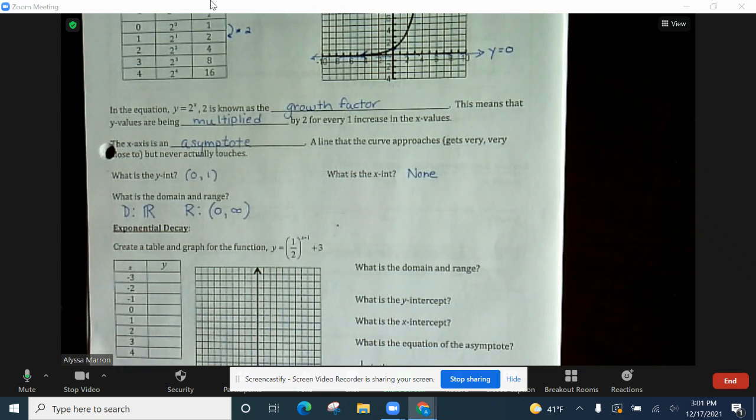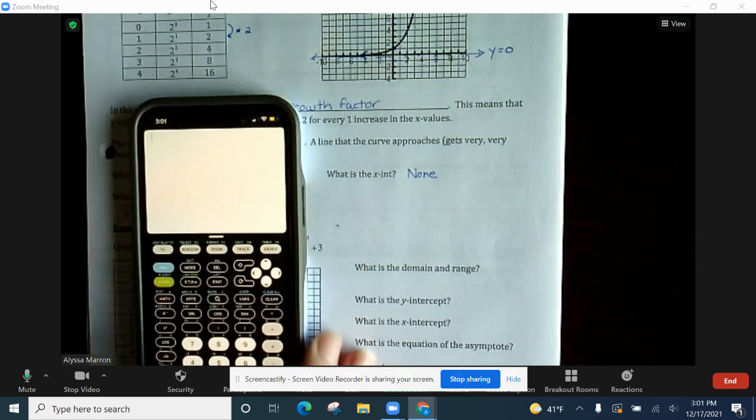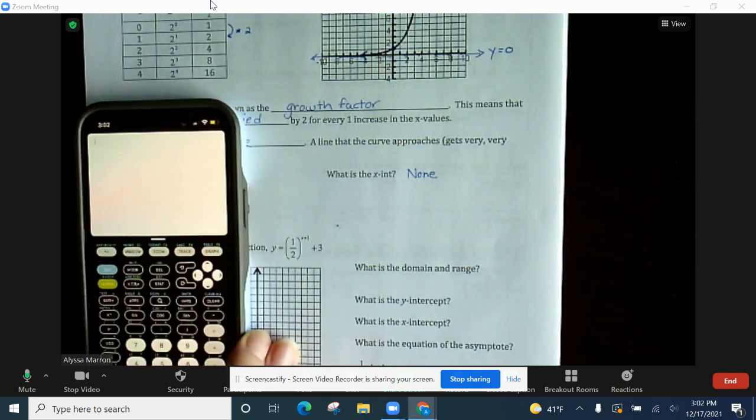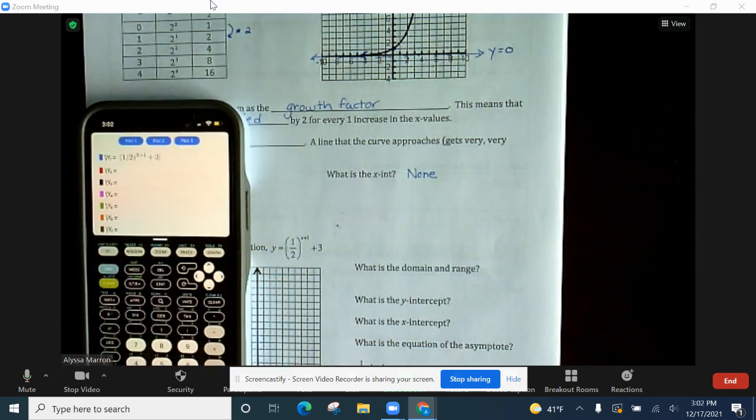So in order to graph this, I can just use my graphing calculator. And I'm just entering in the function y equals, I'll just go through and type this again, parentheses, 1 division 2. You can type it exactly as you see it, raised to the